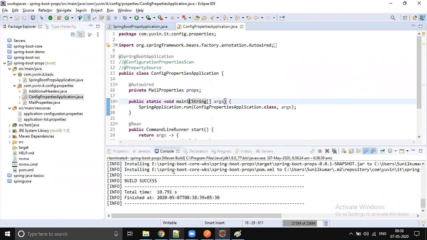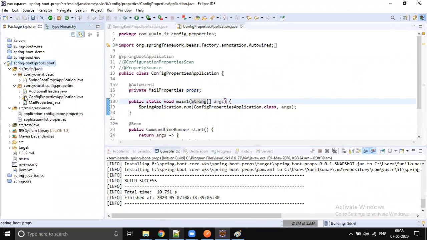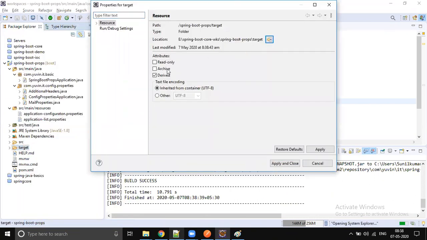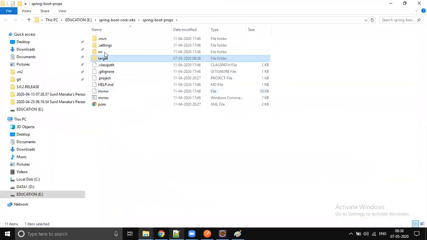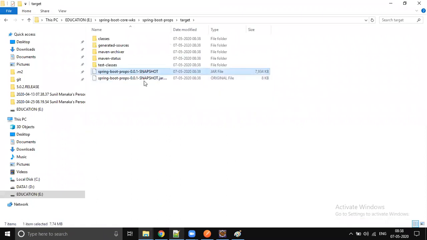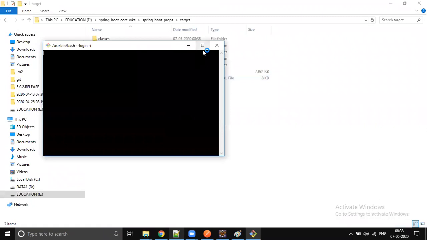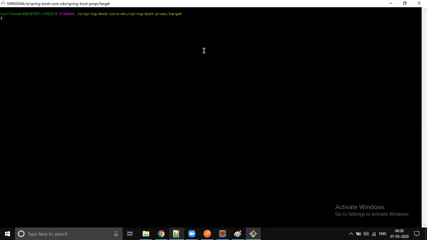The jar file got created. Just refresh, go to properties, physical location. Go inside the target folder. Here is the jar file which is created. Right click, Git Bash here. Now we are inside the target folder.